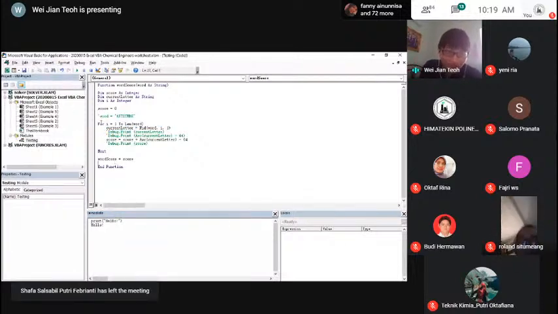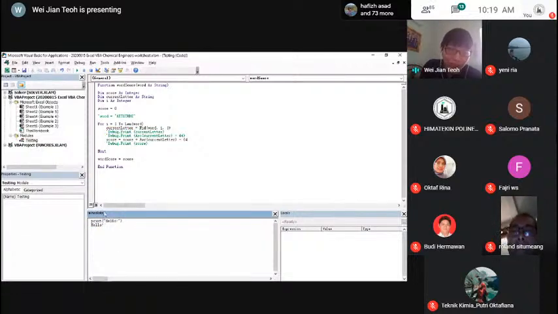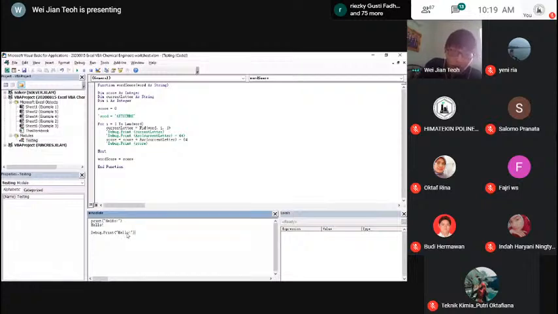The simple answer is that debug print is the correct method. This print is a shortcut that only works here. If you try to use print inside the code, it won't work. So for example, I can just type in debug.print Hello. So it's going to show the same thing. But when you're typing the real code, you have to use debug.print. You can't just type print. Let me save this.